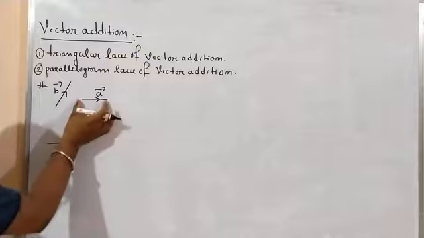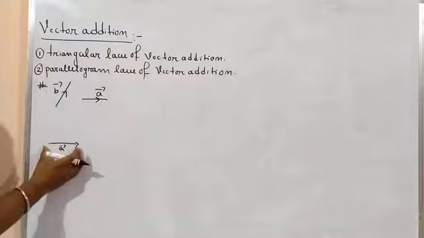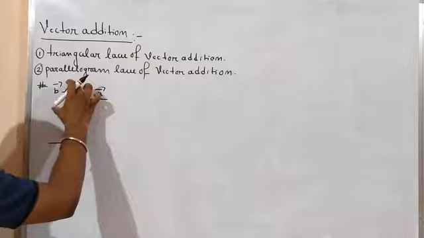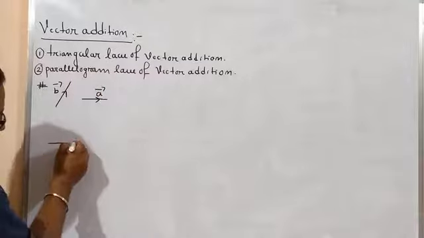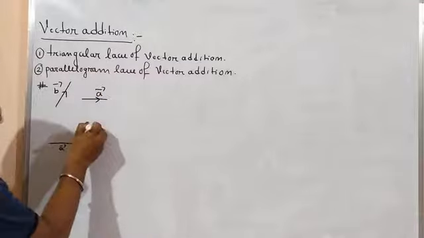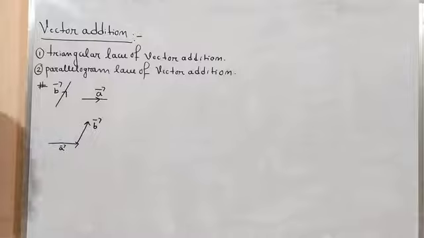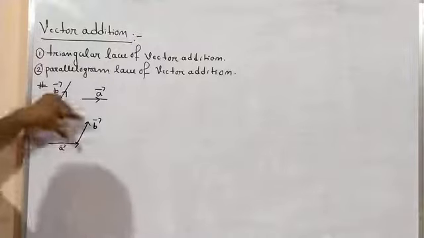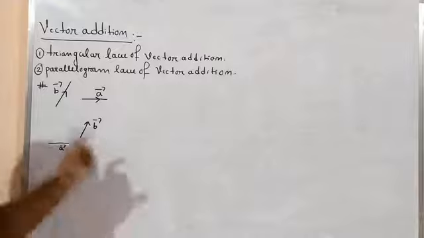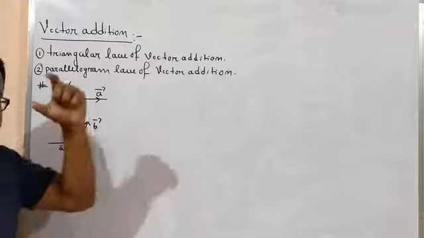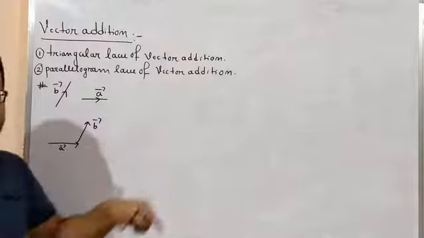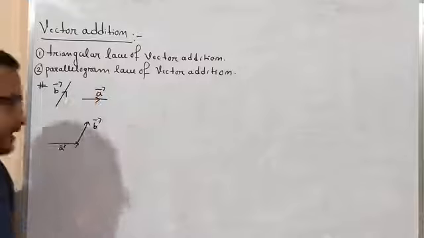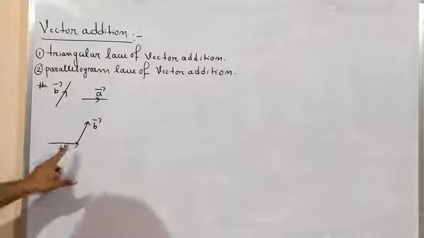By the concept of free vector, I can bring this vector here, okay? And I can bring this vector here. So suppose this is my B vector. The concept of free vector is applied. I brought this here and this here. Without changing magnitude and direction, I just displace these two vectors parallelly from one place to another place. Okay. So this is the A vector and the B vector.